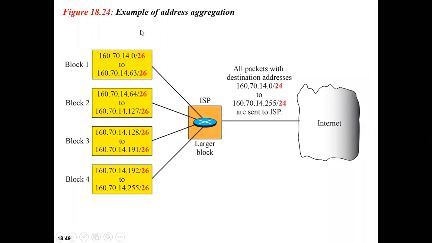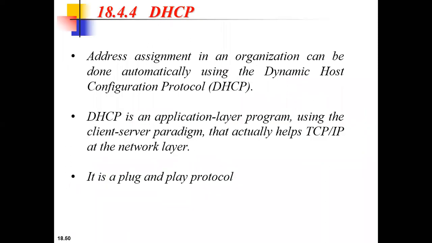So this is an example of how the address aggregation will work. Clear? So this is all about classful and classless addressing. The next concept we will move on to is the Dynamic Host Configuration Protocol, that is DHCP. Why does this come into the picture? We have already seen in the last